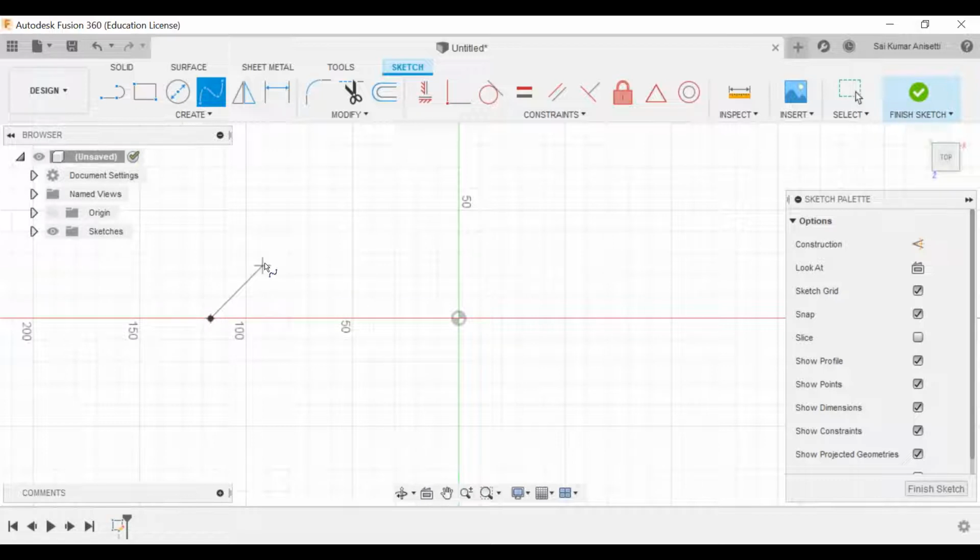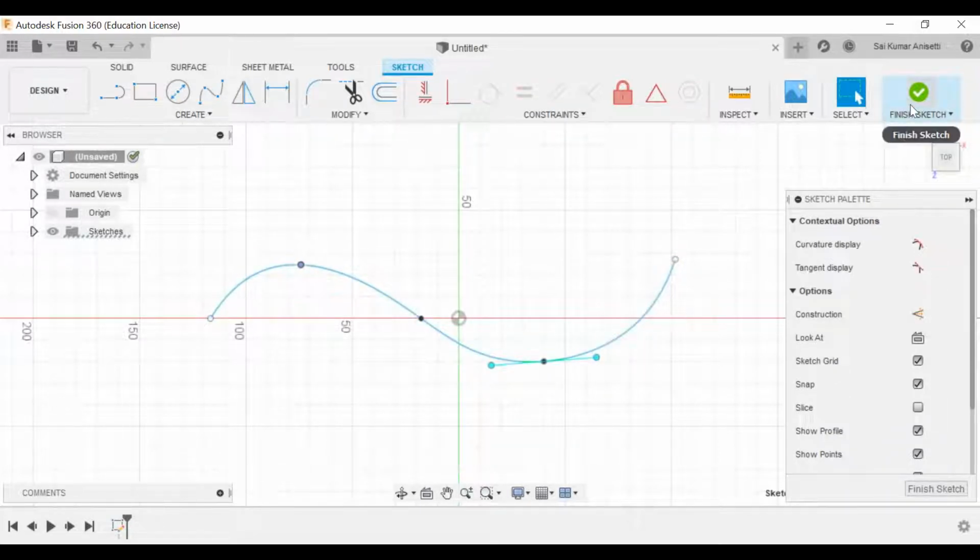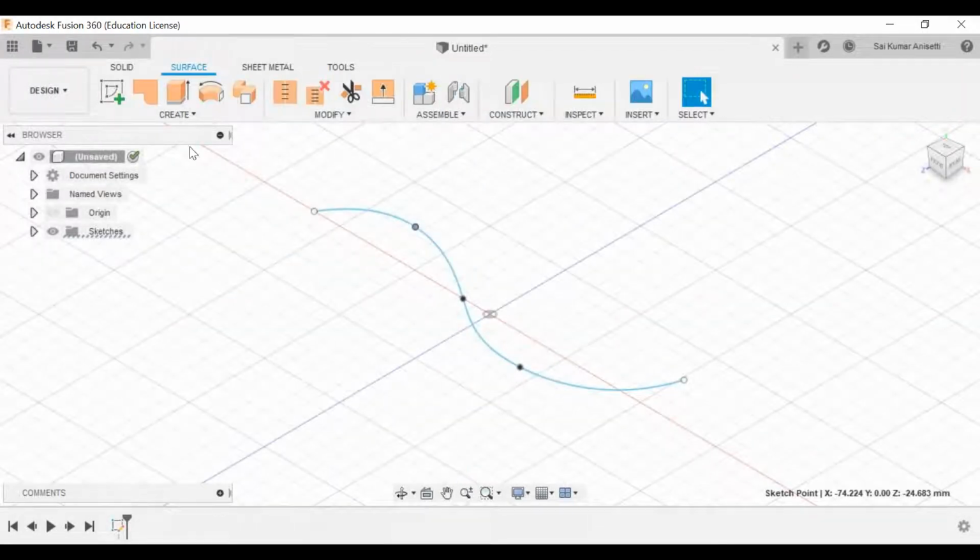I'll not go that deep into this. I'll just make a simple spline here. If you want to change your shape, you control it with tangency, continuity, and so on. After this, just exit the sketch.